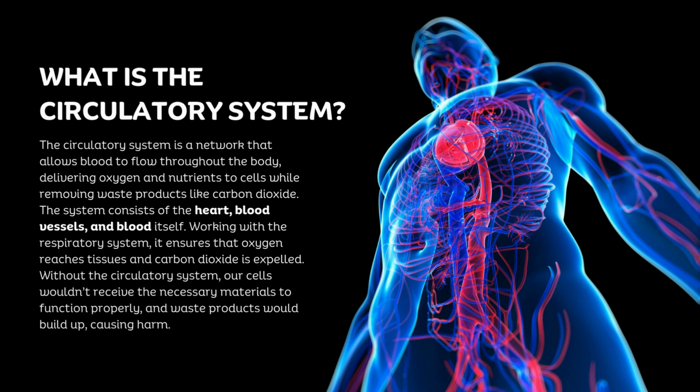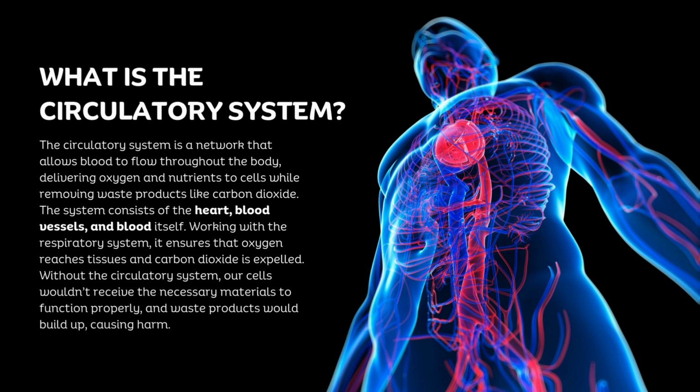What is the circulatory system? The circulatory system is a network that allows blood to flow throughout the body, delivering oxygen and nutrients to the cells while removing waste products like carbon dioxide. The system consists of the heart, blood vessels, and the blood itself. Working with the respiratory system, it ensures that oxygen reaches tissues and carbon dioxide is expelled. Without the circulatory system, our cells wouldn't receive the necessary materials to function properly and waste products would build up,